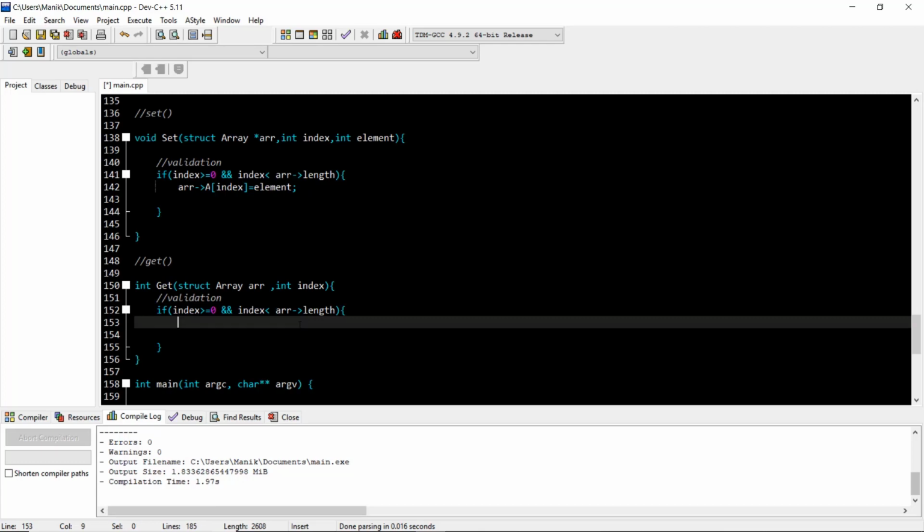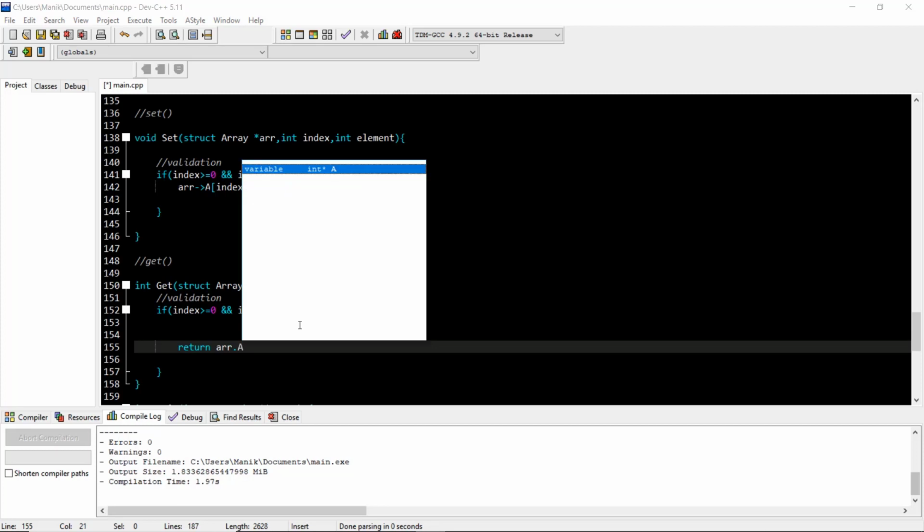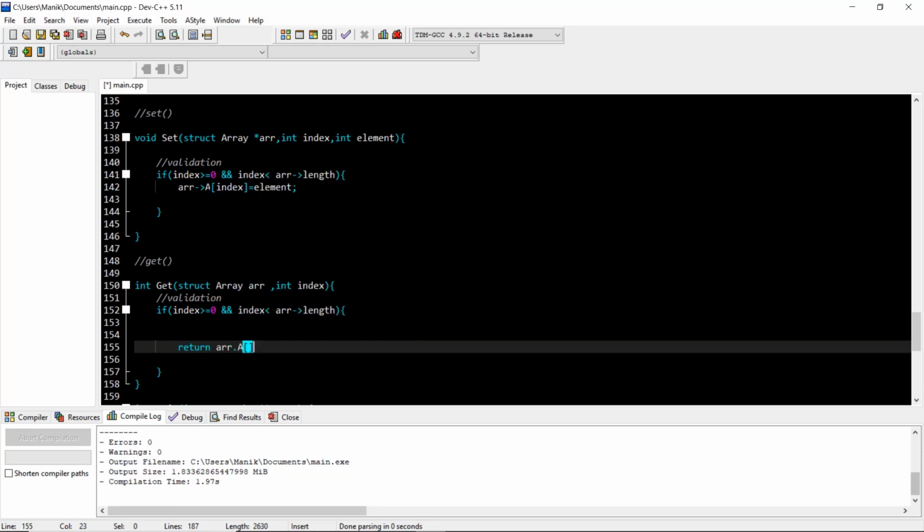So we want the element. Okay, so for we need to perform a search for int i equal to 0. We just want the element. So if we want the element, return the element at that index: arr dot capital A of index.